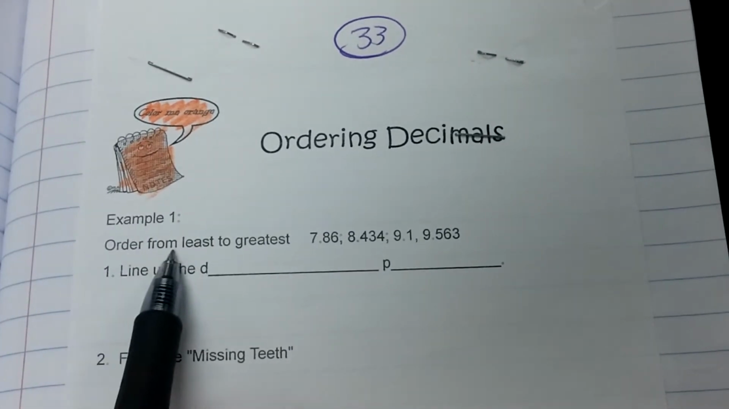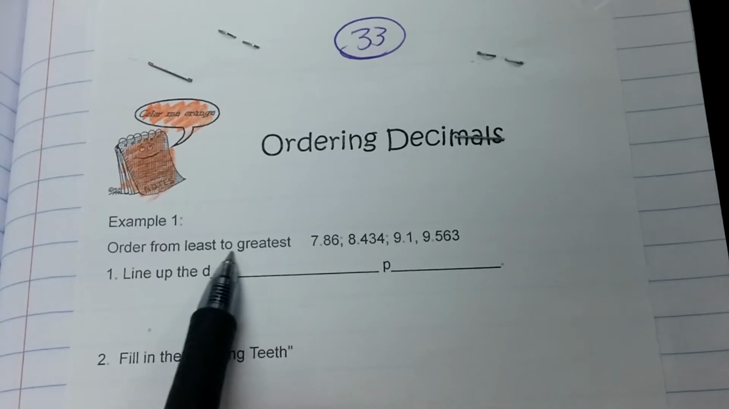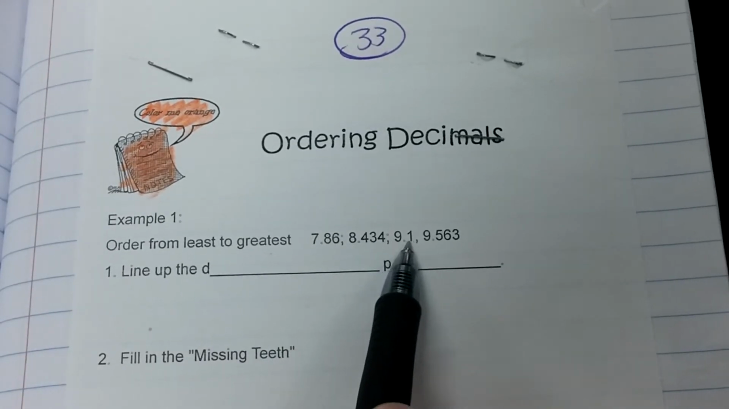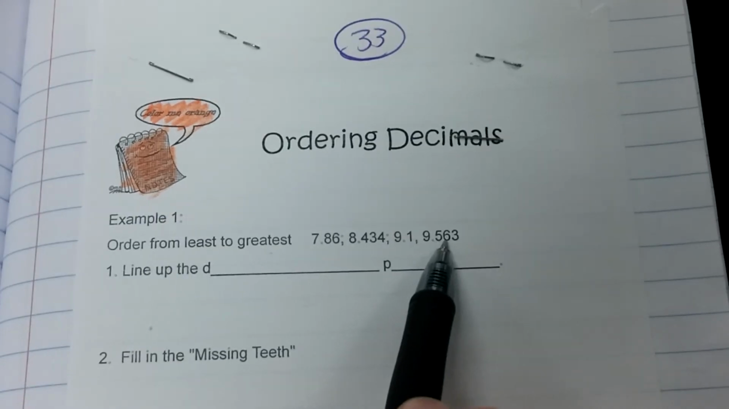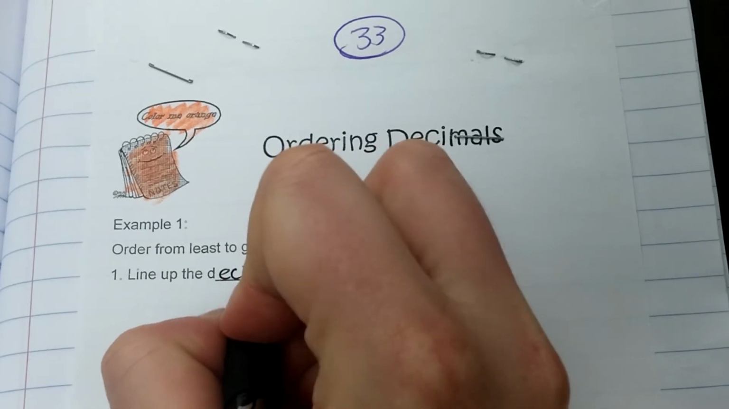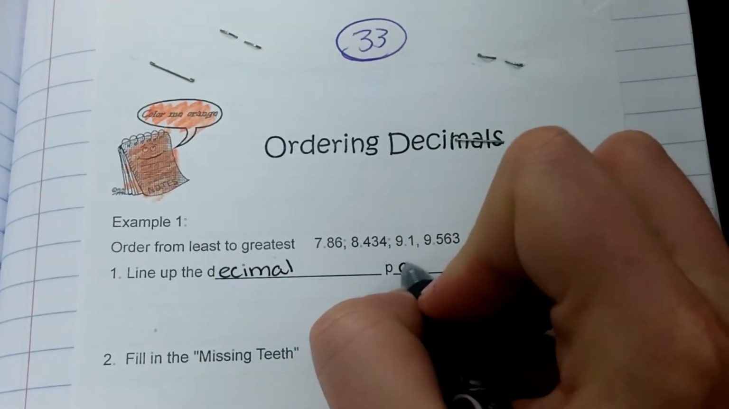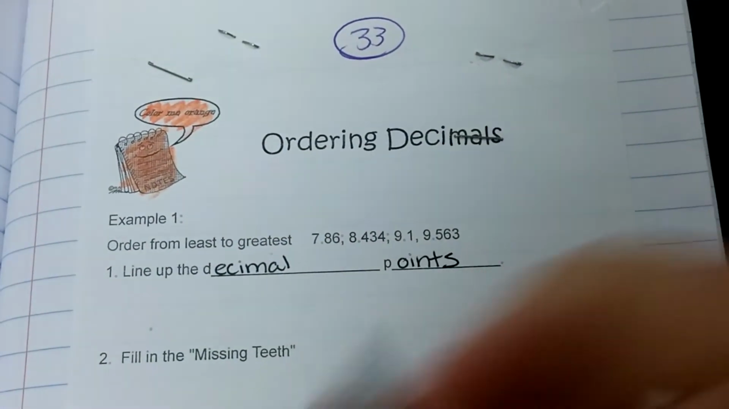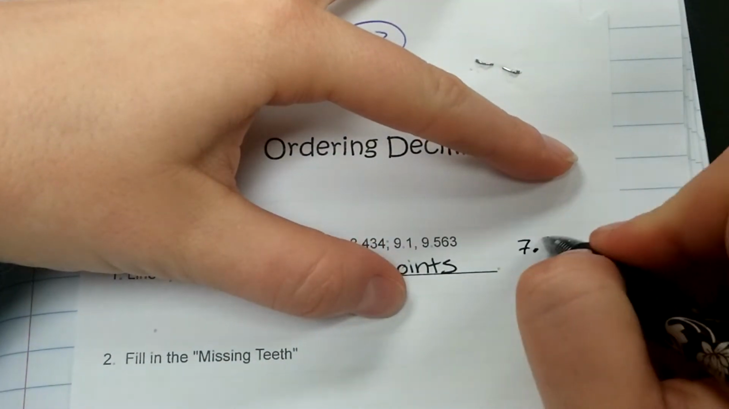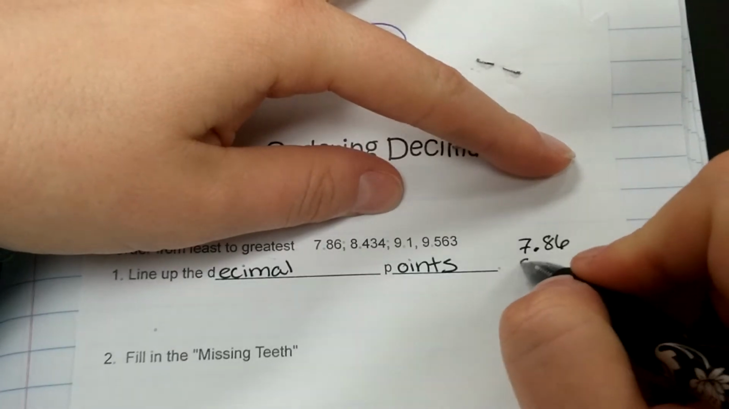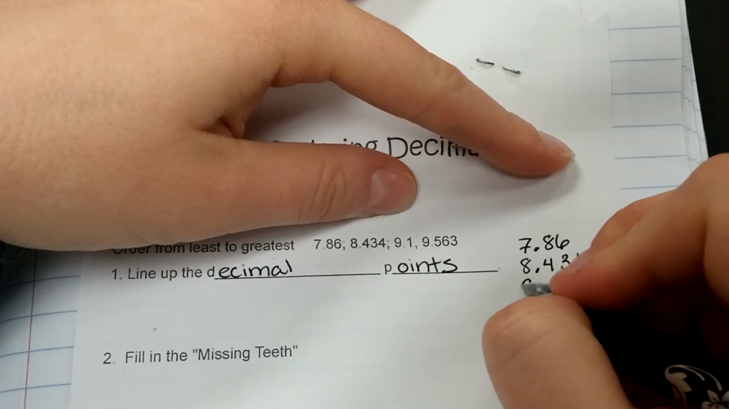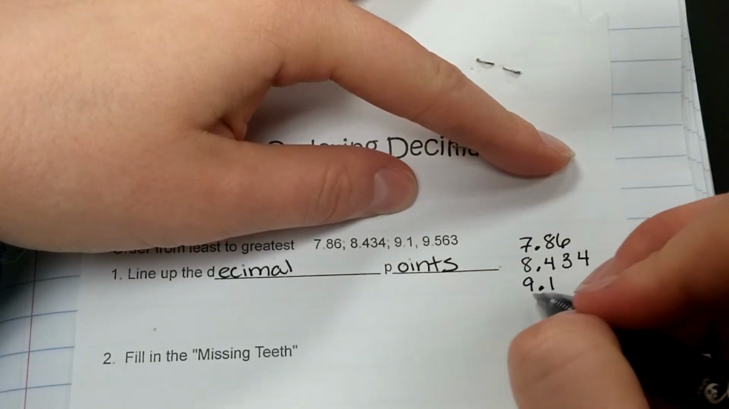So step 1, example 1, order from least to greatest. 7.86, 8.434, 9.1, and 9.563. So number 1, we need to line up the decimal points. So, if we line up our decimal points, we have 7.86, we have 8.434, we have 9.1, and we have